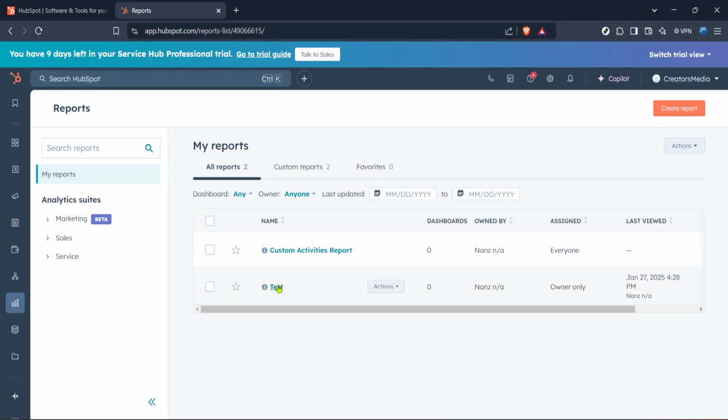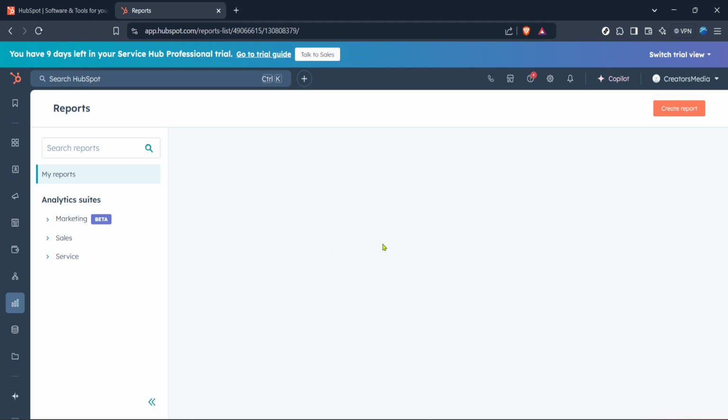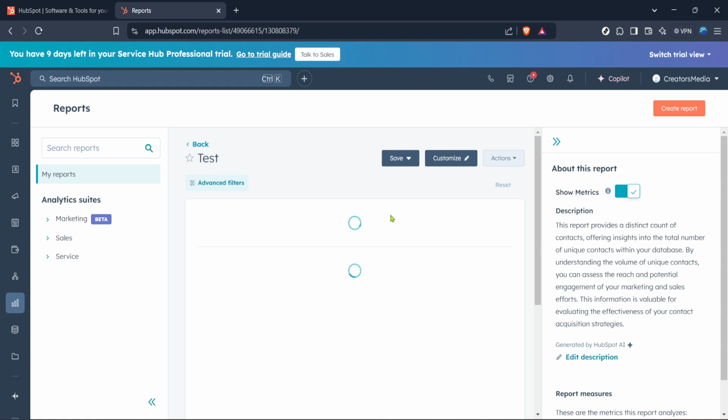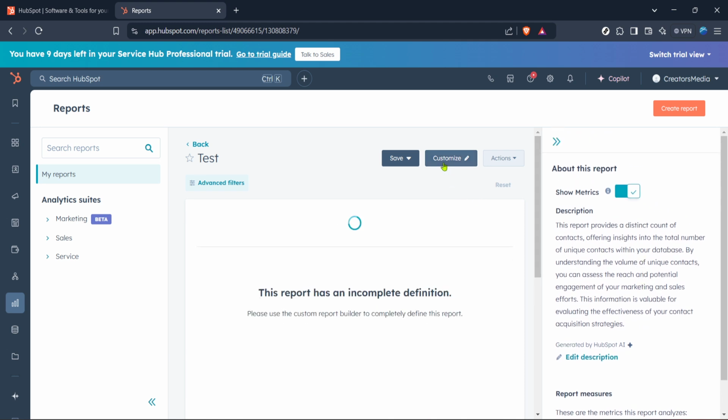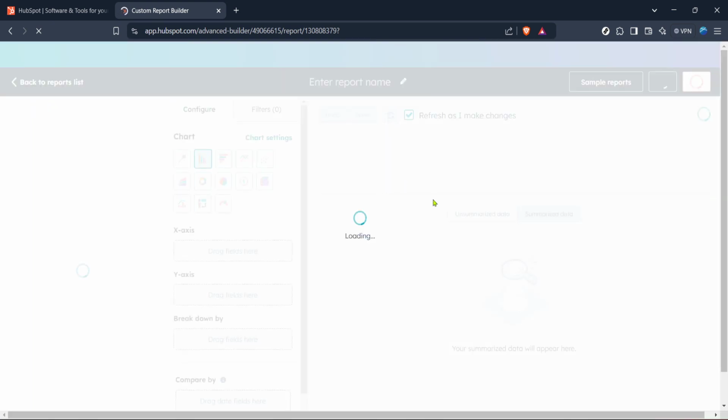The next step is to click on Report, which will lead you to a list of available reports that you can utilize. Each report offers unique insights and understanding how each functions will benefit how you handle lead classification. Now, to customize this report to suit our needs, click on Customize. This option is where you have the flexibility to shape the report according to the specific data you're looking for,